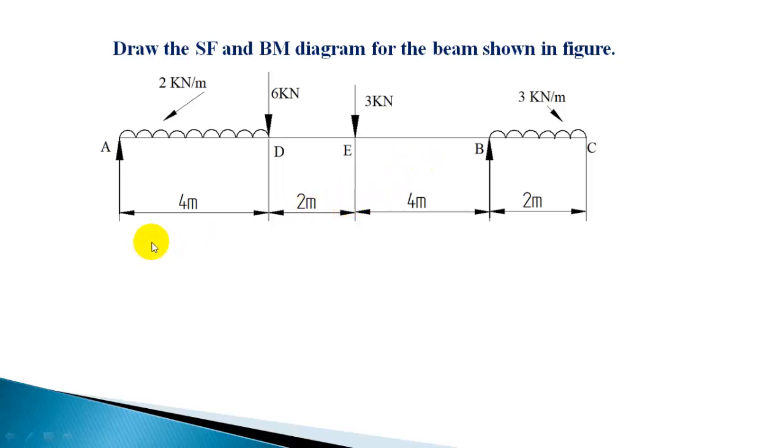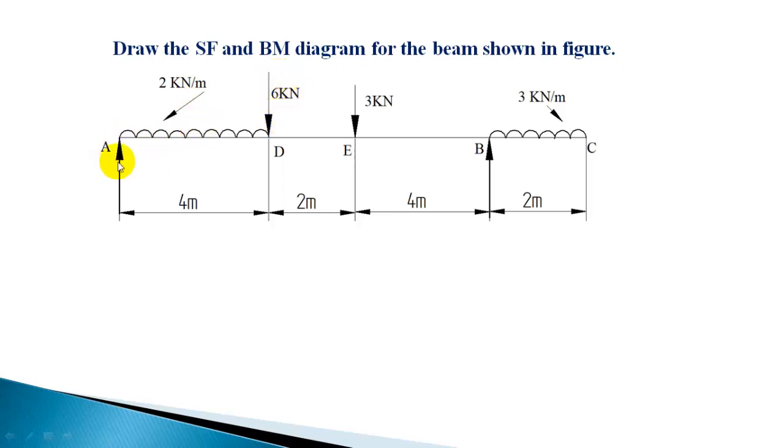First step is to find out the support reactions. To find the support reactions, you can take the moment summation with respect to point A. When you take the moment summation with respect to point A, the resultant load due to this UDL will be acting at the center, at a distance 2 meter away from A. So 8 kilonewton acting at a distance of 2 meter will produce a clockwise moment. So 8 into 2, that is the moment produced by that resultant UDL,